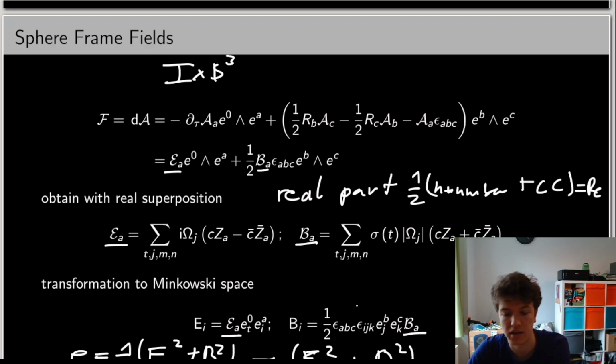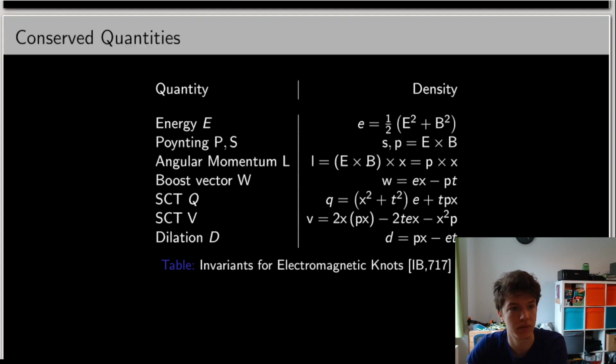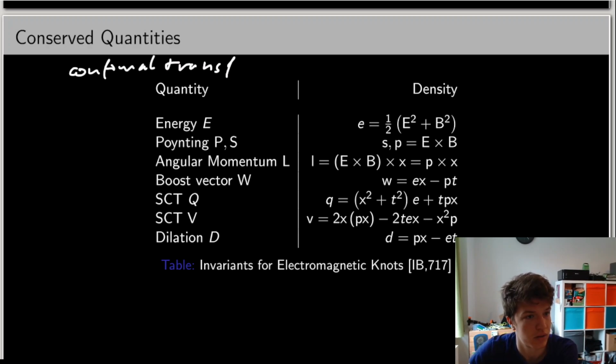So we express every conserved quantity, now that we know in Minkowski space, with the corresponding parts in the de Sitter space, in the cylinder. And as we can list the conformal transformations,